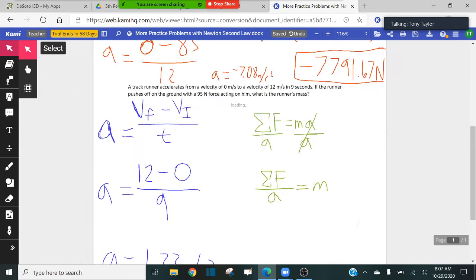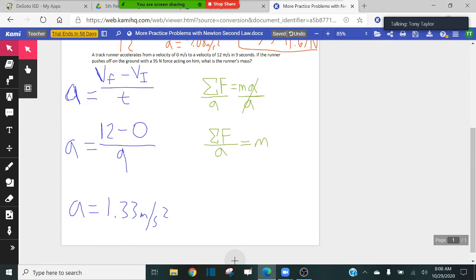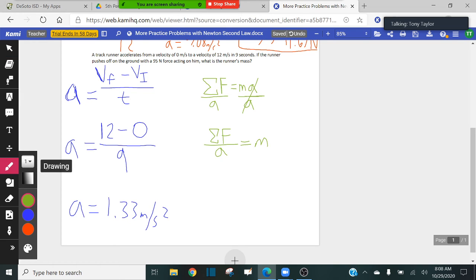Okay. So what is the sum of the forces? Well, there's one force acting on the runner here. It's 95 newtons. The acceleration of the runner was 1.33. We've already solved for that. And that is equivalent to my mass. So if I do 95 divided by 1.33, that gives me